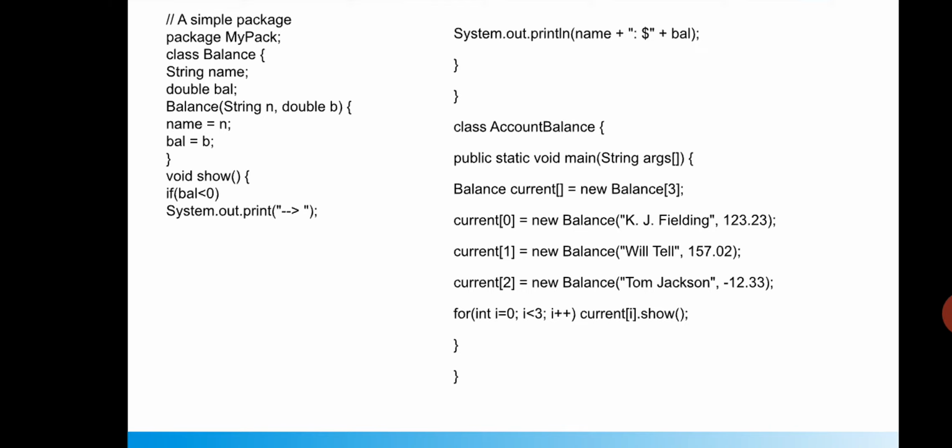Why are you using the for loop? Because you are using the for loop to display all the names and balances. How? Using current of 0 will print KJ Fielding with the balance $123.23. Current of 1, or current of I in the for loop, after the for loop you can see current of I dot show, isn't it? Where in the first iteration I will be 0,